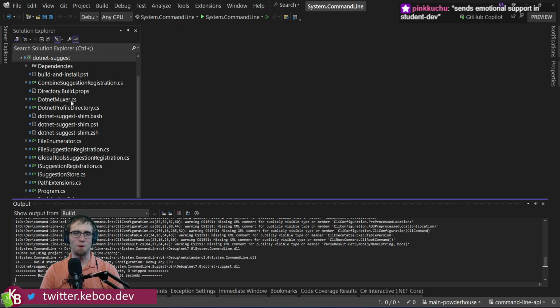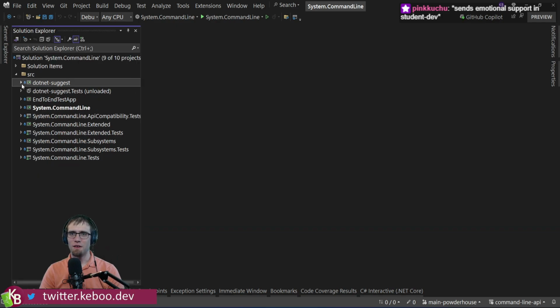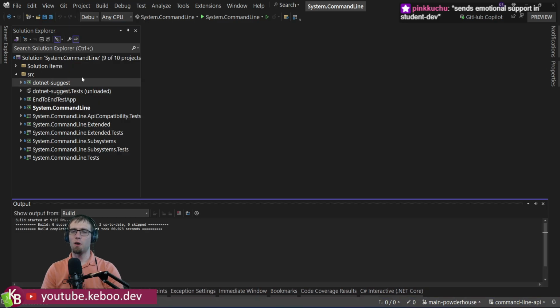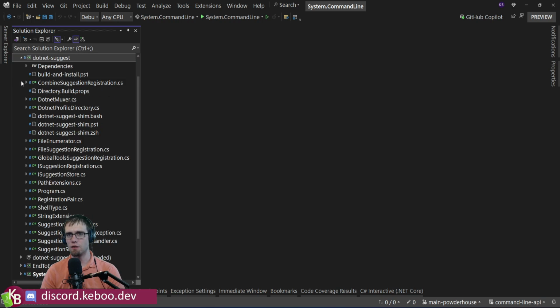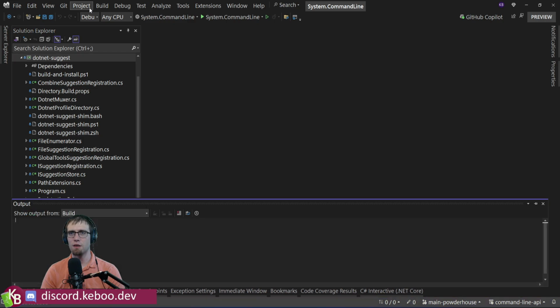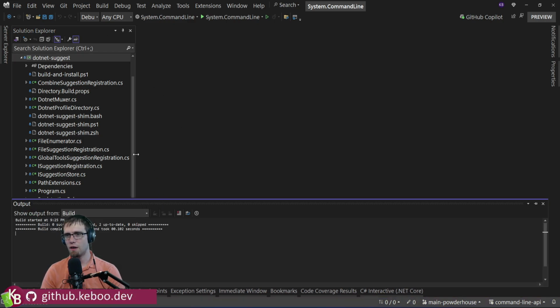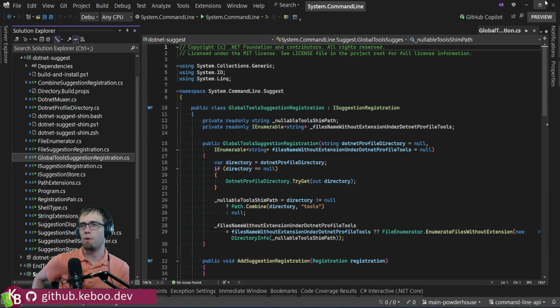Sense emotional support in student dev. Oh, don't. Yeah, normally Pikachu, I'd encourage everybody to jump in, but I will say there's a slightly higher bar for some of the code here because the intent is to get it all the way to the BCL. With that said, if people are interested in learning, there are tasks that maybe require more experience than others, but there are always tasks that somebody new can dive in and help with. So